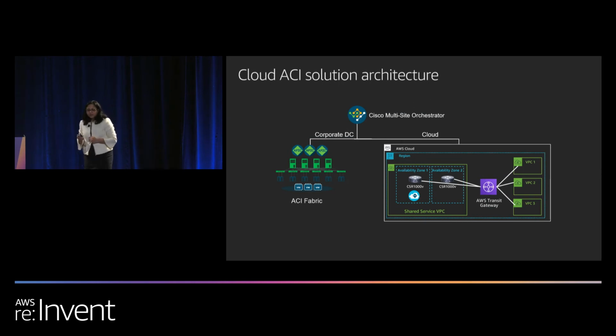And then a little bit more of how it is architected, how we are building the solution. Now, as I mentioned, the Cloud APIC and CSR can run within any region. Within a region, you would typically carve out a shared services VPC, where you will host your infrastructure components. So the Cloud APIC and the CSR will be hosted within the infrastructure VPC, or the shared VPC. And then the CSR will be running in at least 2 availability zones, so you have an HA built out.